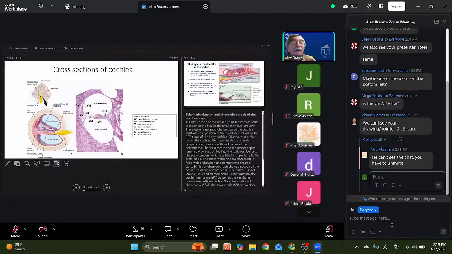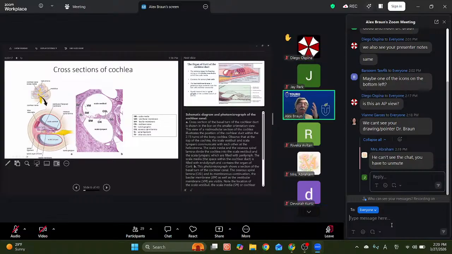Now, if you look at the spaces within each of those cochlear channels, you would see that it's actually subdivided into three separate chambers, in a sense. The upper chamber sometimes is called the scala vestibuli. This chamber carries sound waves from the round window. Remember that the footplate of the stapes inserts into the round window, and when it vibrates, it transmits vibrations into the fluid contained in the scala vestibuli, and the scala vestibuli ultimately will